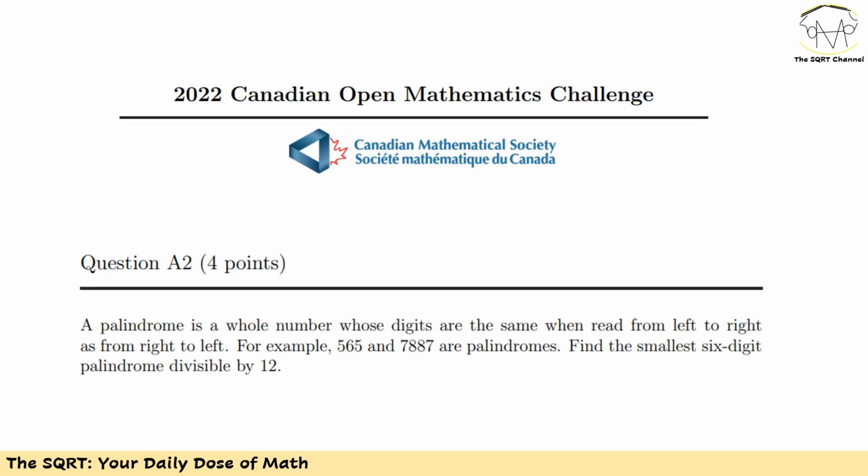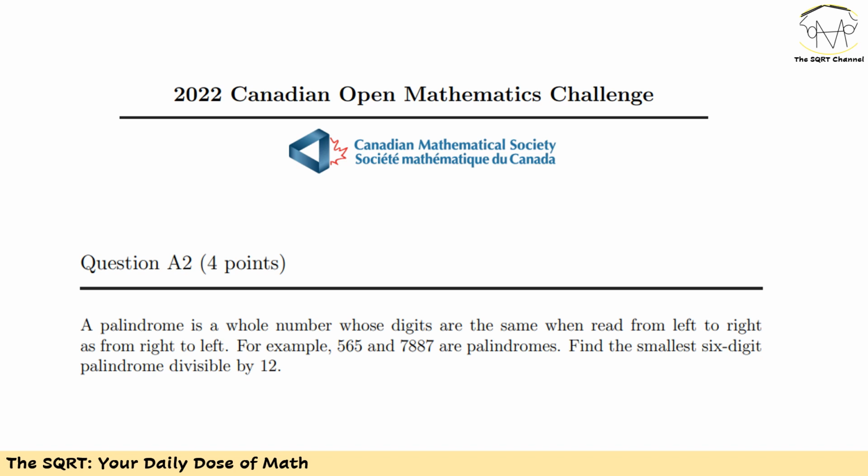Now let's move to problem number 2. In this problem, we defined a number as a palindrome. It belongs to the whole numbers, and the digits are the same when you read from left to right or right to left. So for example, here we have 565, and you can basically read it from both sides, left to right or right to left, and you're going to end up with the same number. Same thing for